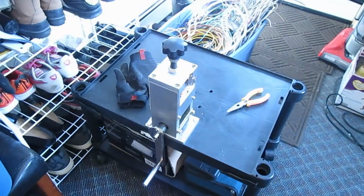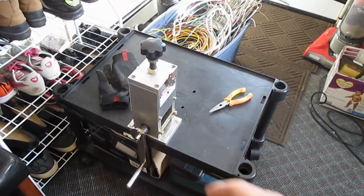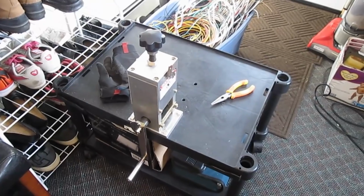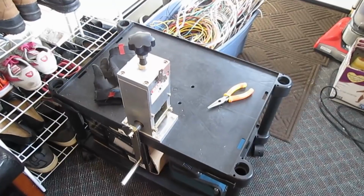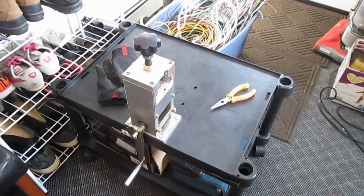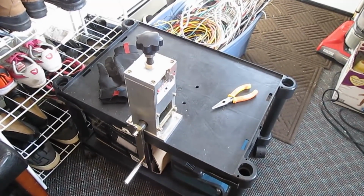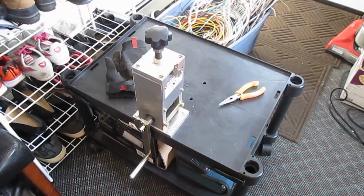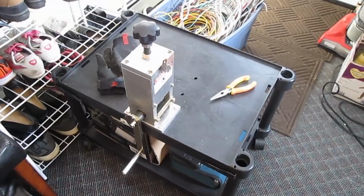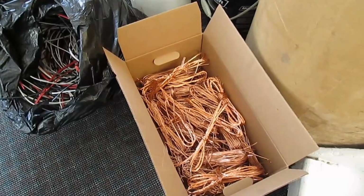But we did receive an email of somebody who did buy this exact same wire stripper, and they seem to be having a problem with it. Now, from my experience, technically I only used it once before, and I didn't really get the hang of it too well the first time that I tried it. Cassie's been the one who has done it and, you know, kind of has her rhythm down pat for it. Now that I've done this amount, which didn't really take me that much time at all,